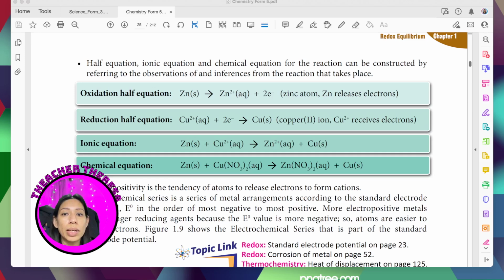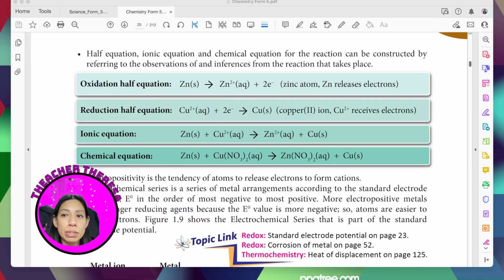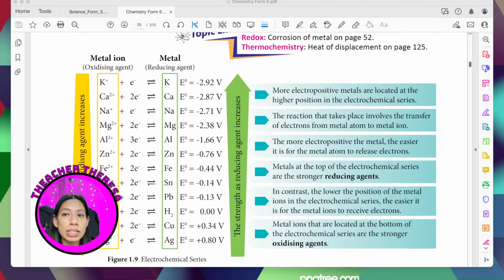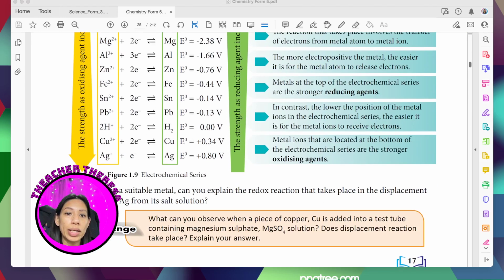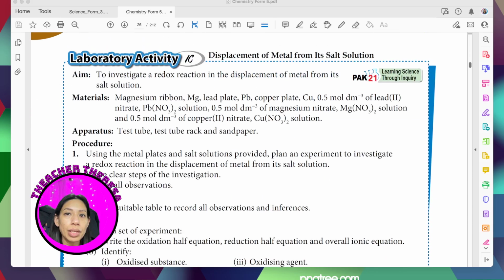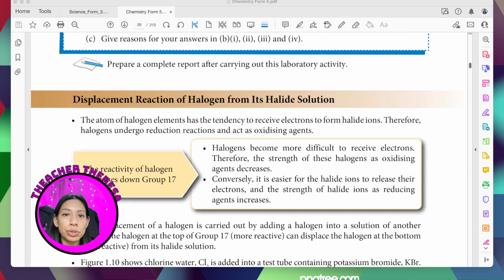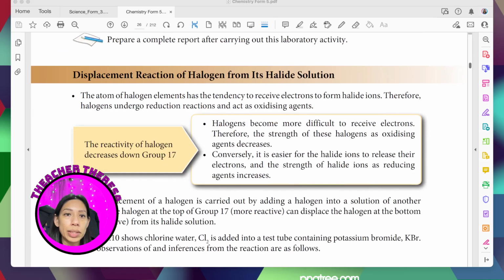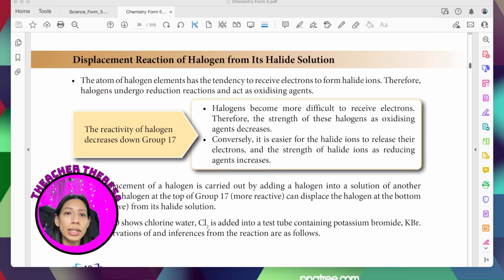So that is what it means, right? That is displacement reaction. Displacement reaction is also another redox reaction. Okay, then we go to the last one. The last one is